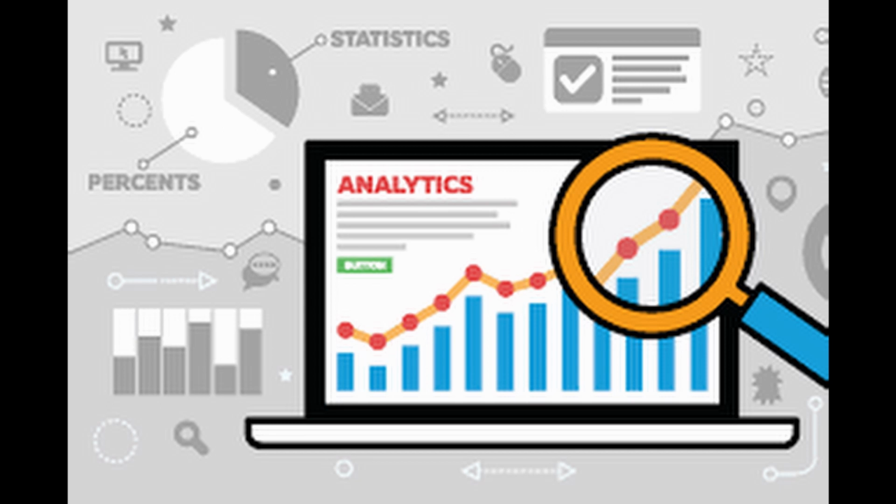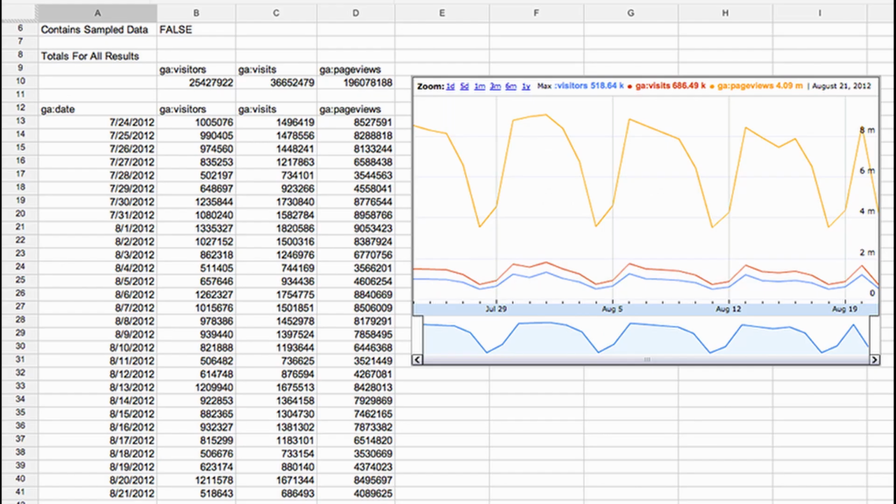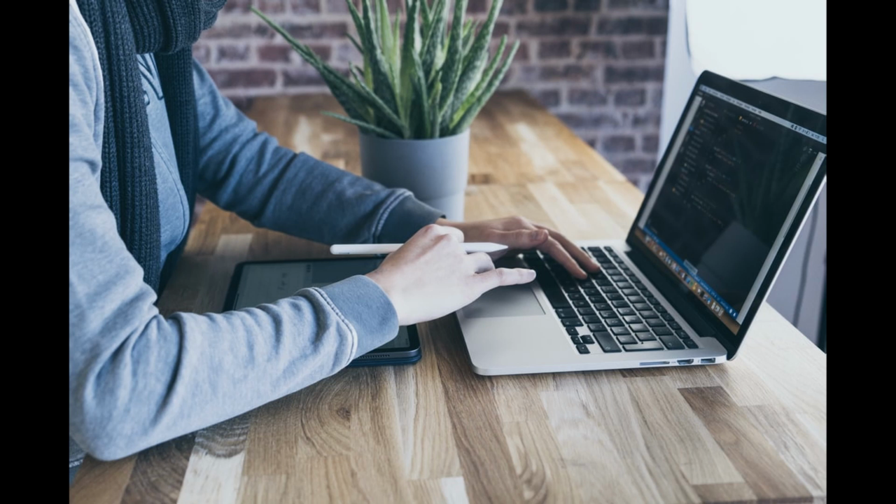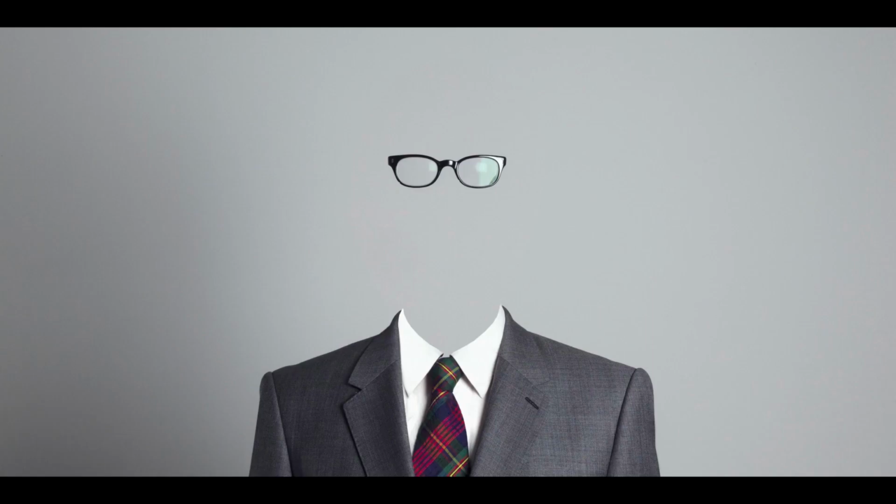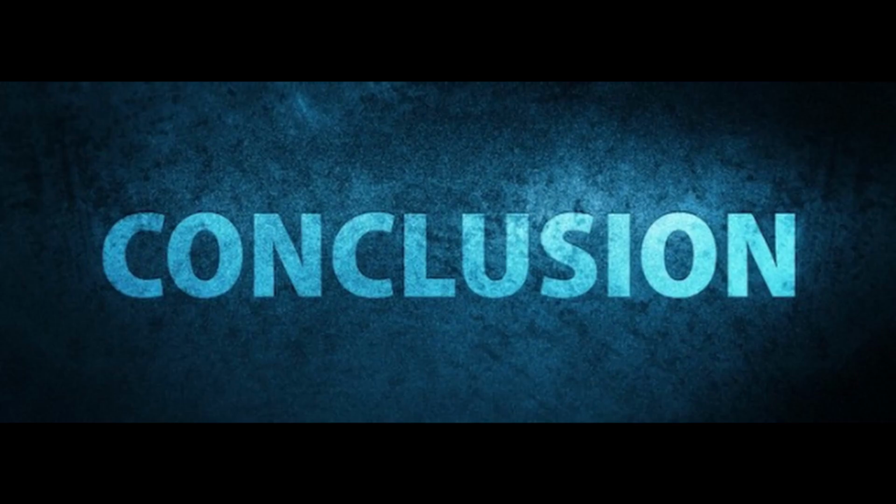Number 2, an ad blocker can mess with your website analytics. Some ad blockers can block analytics scripts, which poses a problem for websites in collecting your visitor data. For example, if a person visits your site and has enabled an ad blocker, then he'll be invisible to your analytics. So, on to the conclusion.